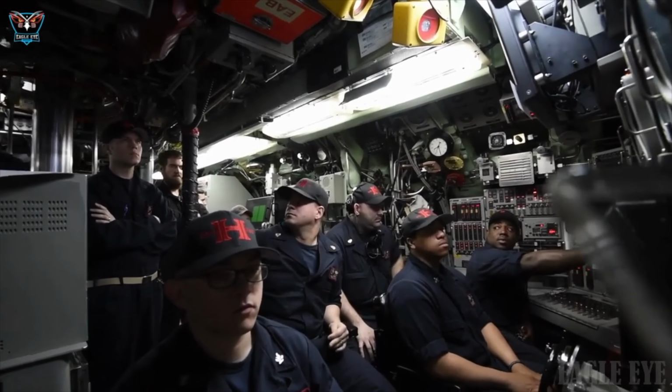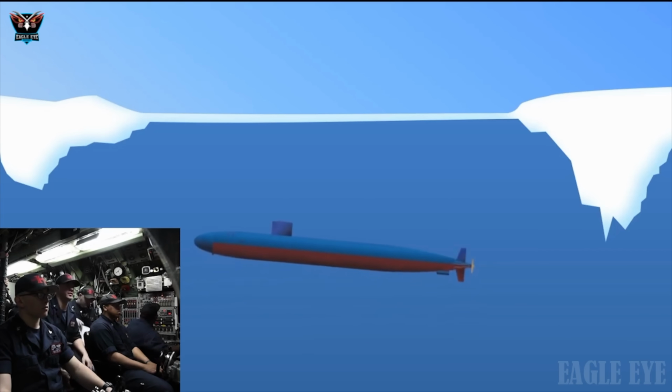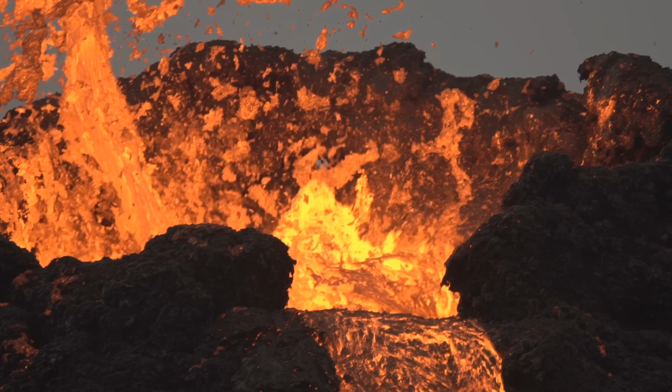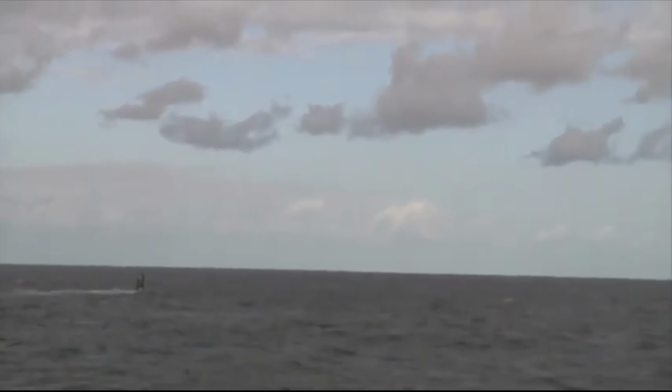It's a ballsy move though. Too deep and the Tomahawks misfire. Too shallow and Iran's radars might spot them. The crew's precision is surgical, balancing stealth and firepower like a tightrope walk over a volcano. Then at 2:10 a.m. Iran time, the order comes. The Georgia's at periscope depth, 50 to 60 feet down, just enough for the missile's canisters to break the surface